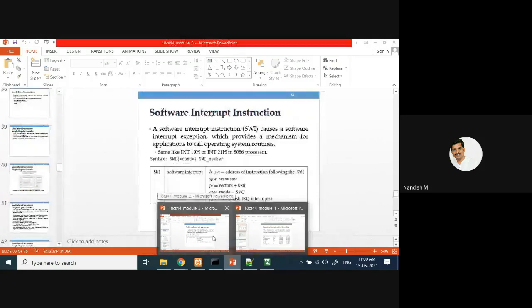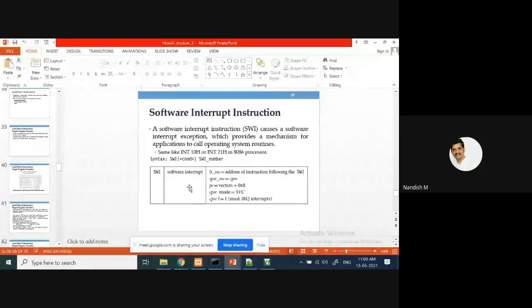Now, that is what we are doing here. Even you can raise the software interrupt. It is going to cause the software interrupt exception that will make you execute the operating system routines. How to do that? For a software interrupt instruction, there will be some unique number. That SVI number you have to give it here.